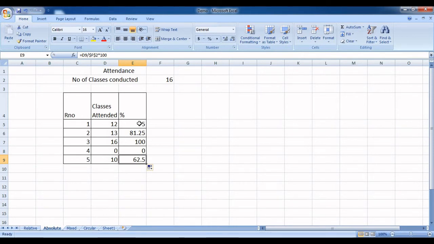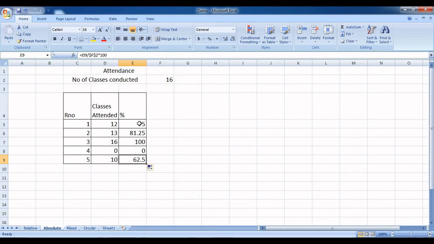So in case in your calculation you wish to keep any part of your formula, or the entire formula, constant, then you will have to use, is it relative? It's not relative. We'll have to use absolute cell reference. Absolute cell reference is the kind of cell reference which keeps your cell address in a formula constant. So this is about absolute.